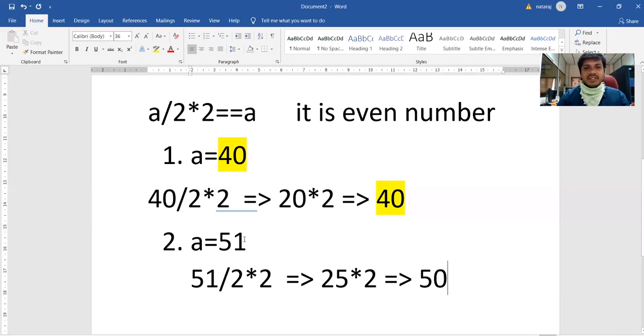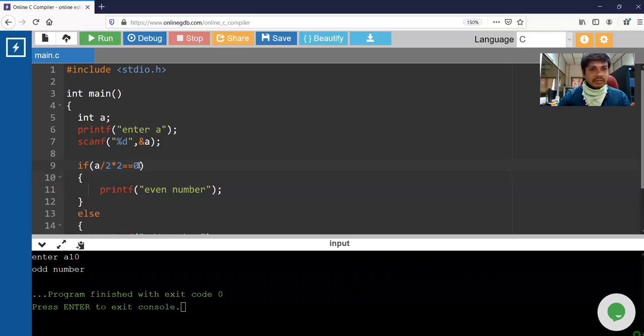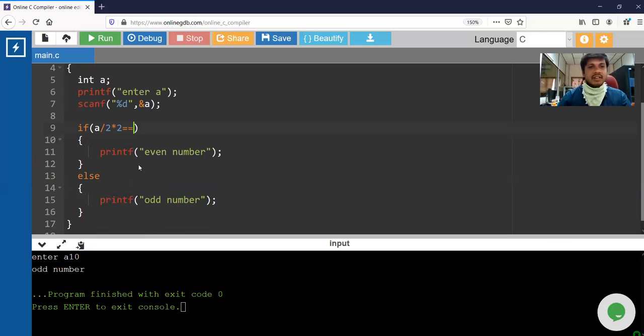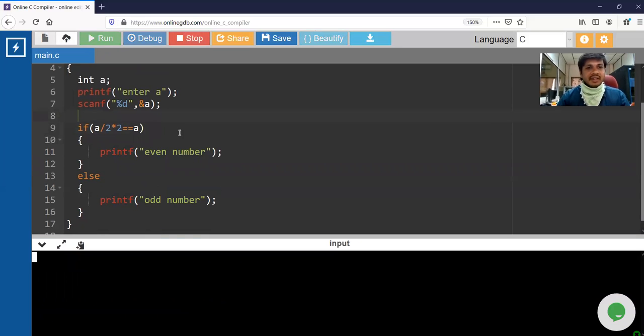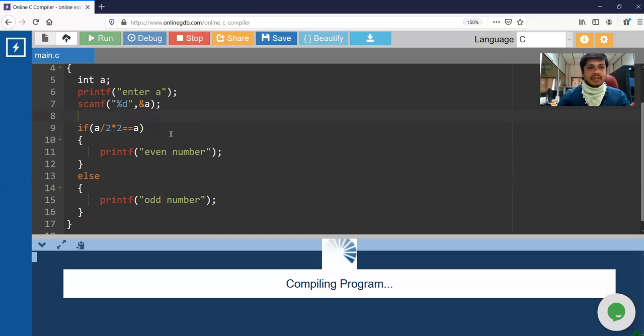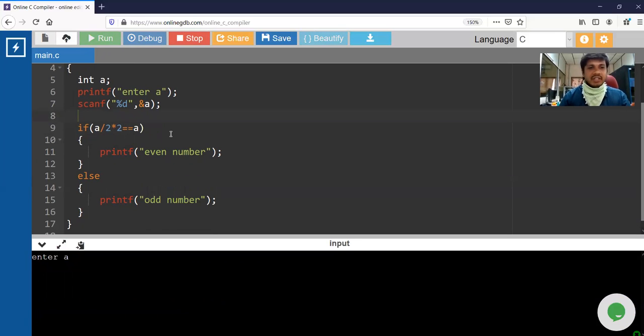So this is not equal to this one. It is not A. Yes, 10 is an even number and 21 is an odd number.